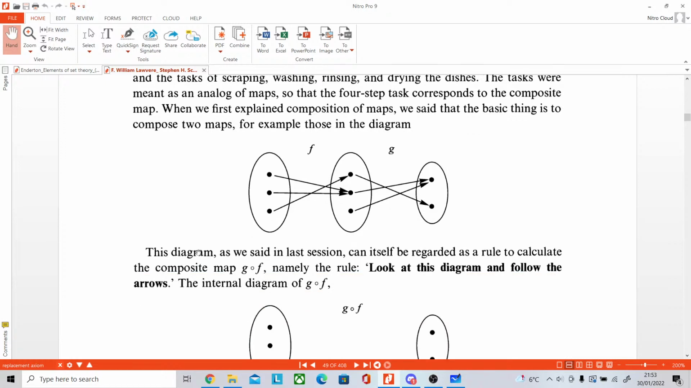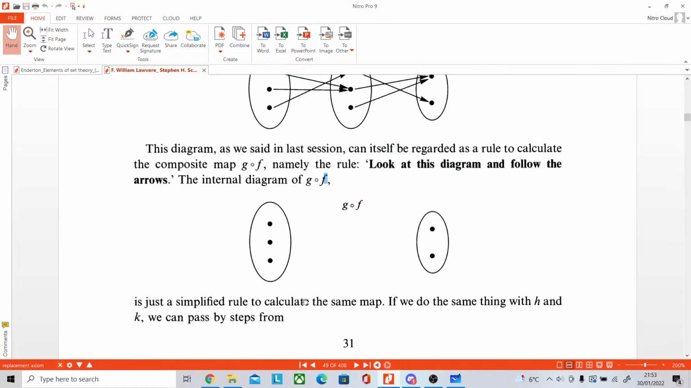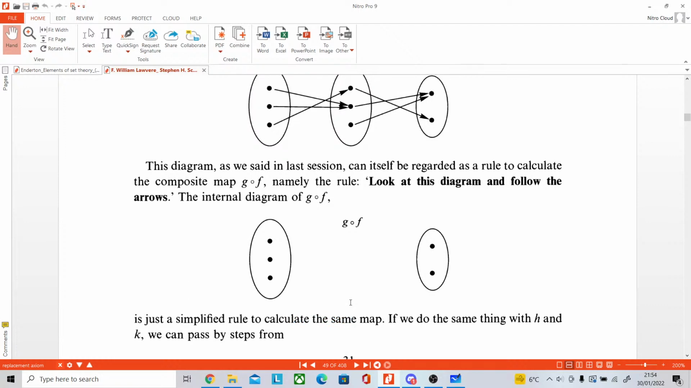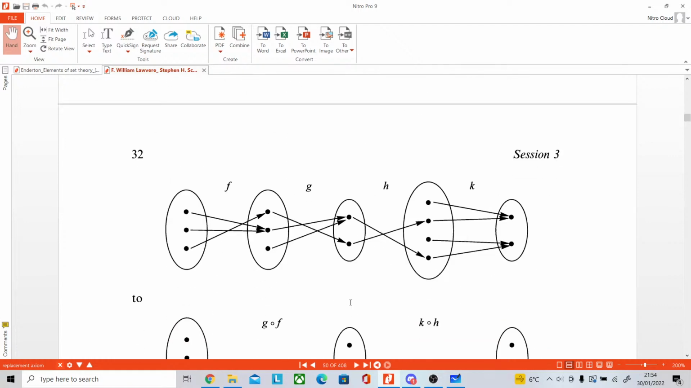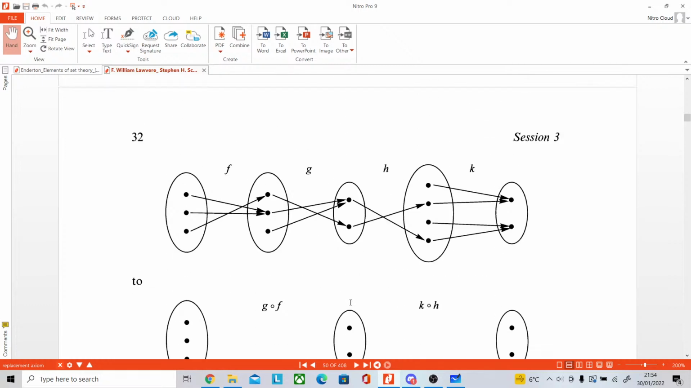This diagram, as we said in last session, can itself be regarded as a rule to calculate the composite map G of F, namely the rule: look at this diagram and follow the arrows. The internal diagram of GF looks like that. It's just a simplified rule to calculate the same map. If we do the same thing with H and K, we can pass by steps from